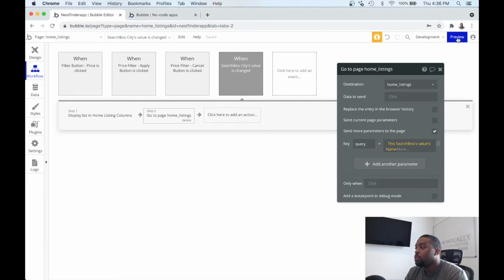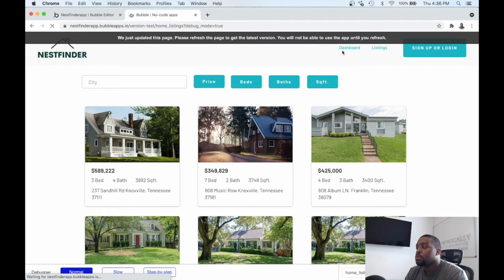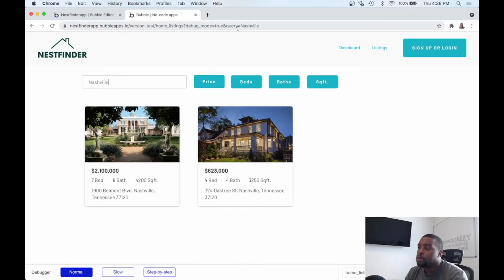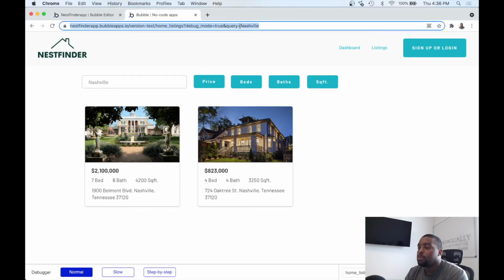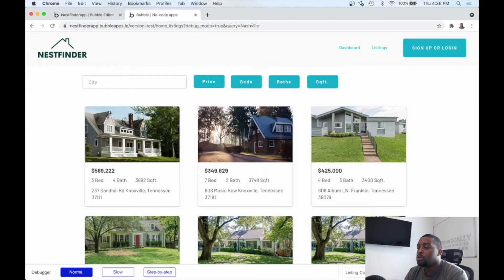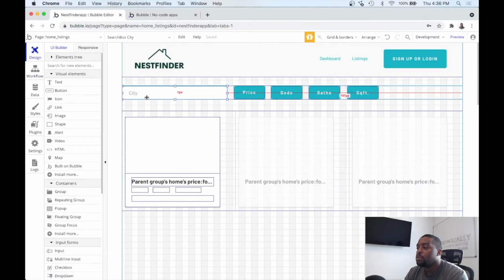Now we can hit preview. And when we type in city, so Nashville, you see the query pops up here as Nashville. But we still need to filter these results based on that. So if I was to refresh this page with the query Nashville, you're still going to see all of the homes. So now that it's stored in a URL, we can go back to the design view and click on